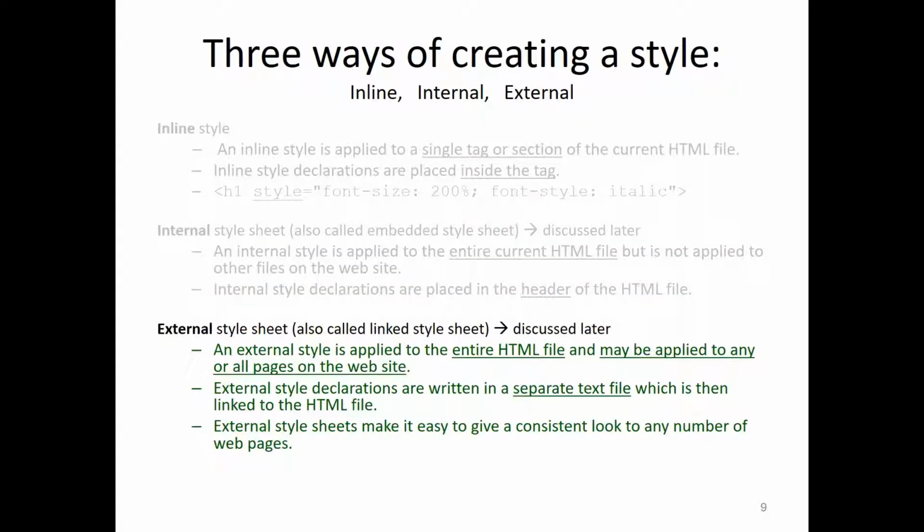And in an external style sheet, I'm creating an entirely different CSS file, and I will refer that file to my web page. This is helpful when you want to have the same style on every page or more than one page. So you can create an external style sheet and take a reference of it in any of your web pages wherever it is required. So that can be used in a number of pages. That would be helpful in the case when you want to apply those formattings to more than one page. So you can link that style sheet to your page wherever you want to have that style.